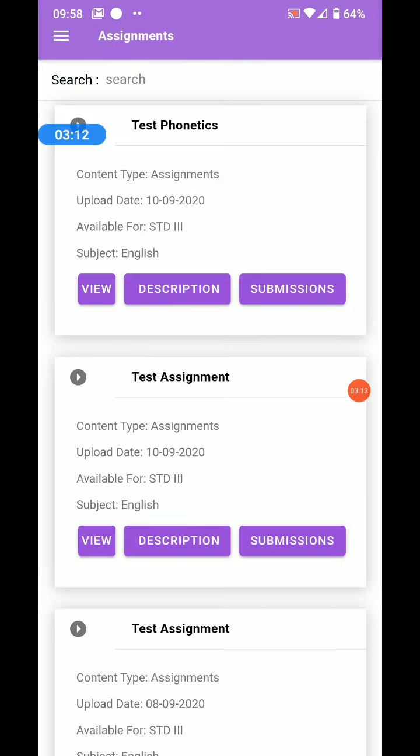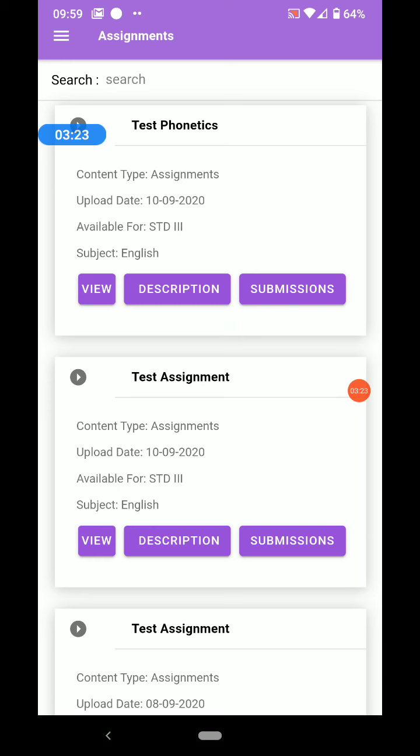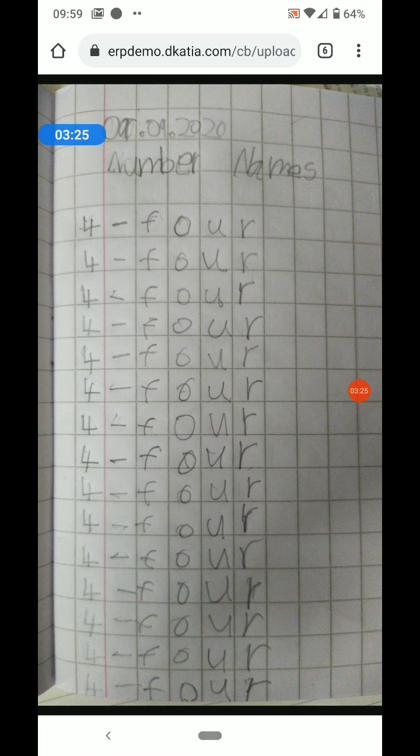Click on assignments. Now you can see the particular assignment, test phonetics, has been assigned to class 3. Click on view to see the assignment. So this is a questionnaire, question paper or whatever.